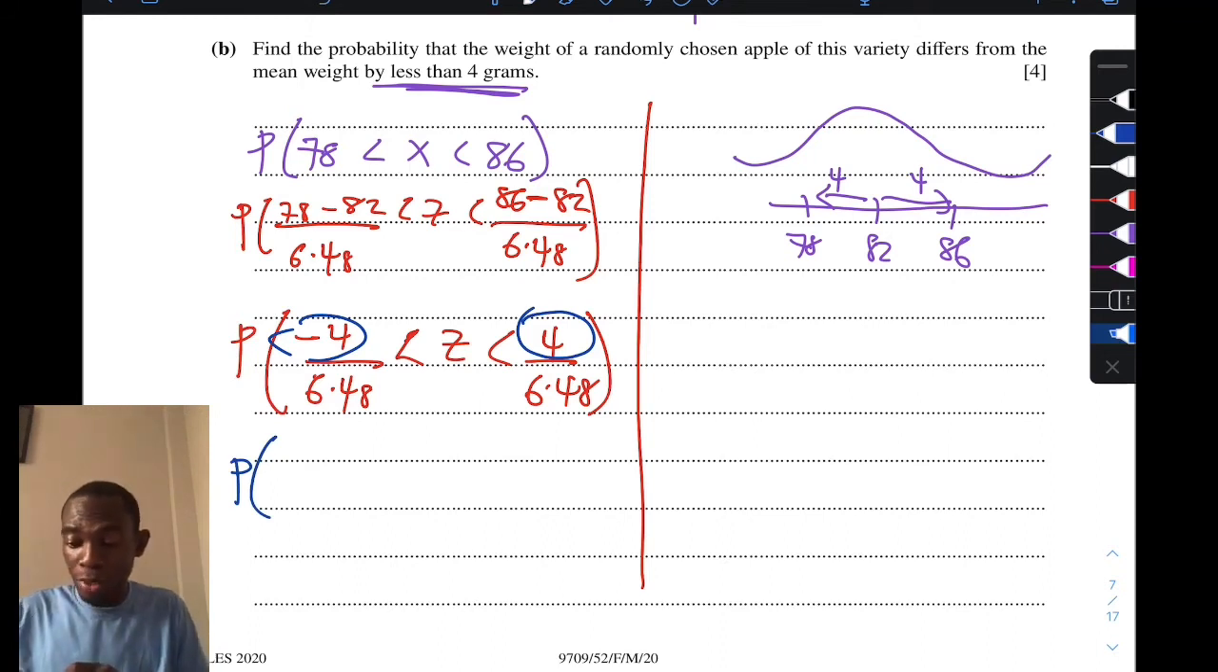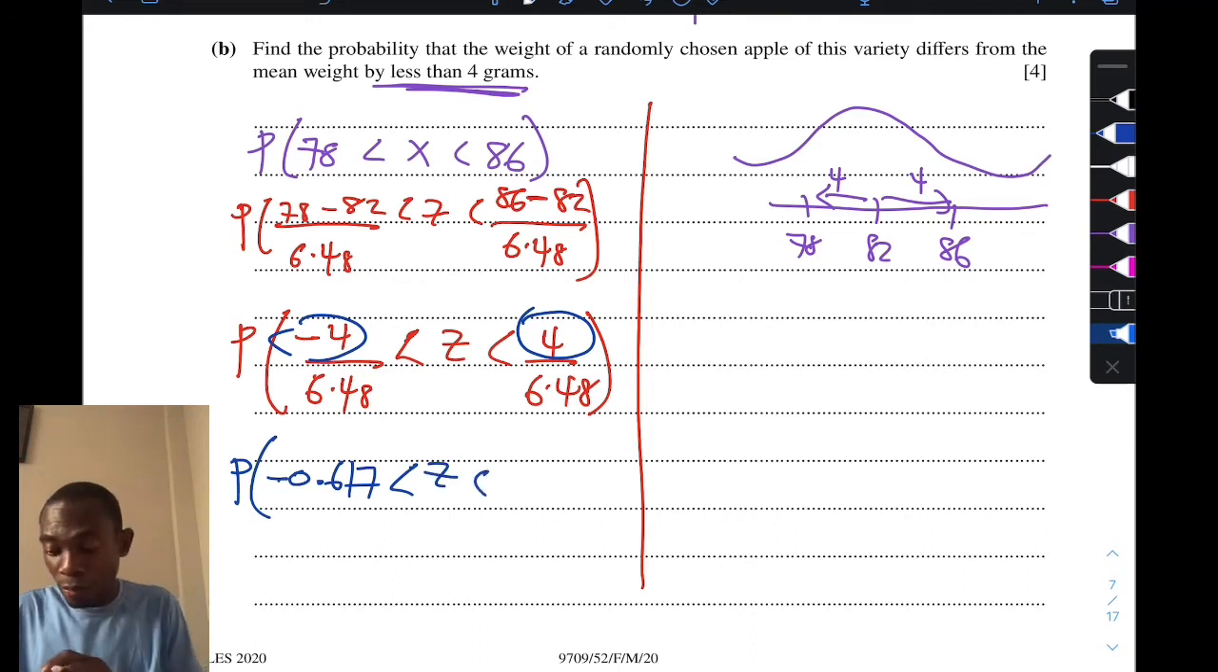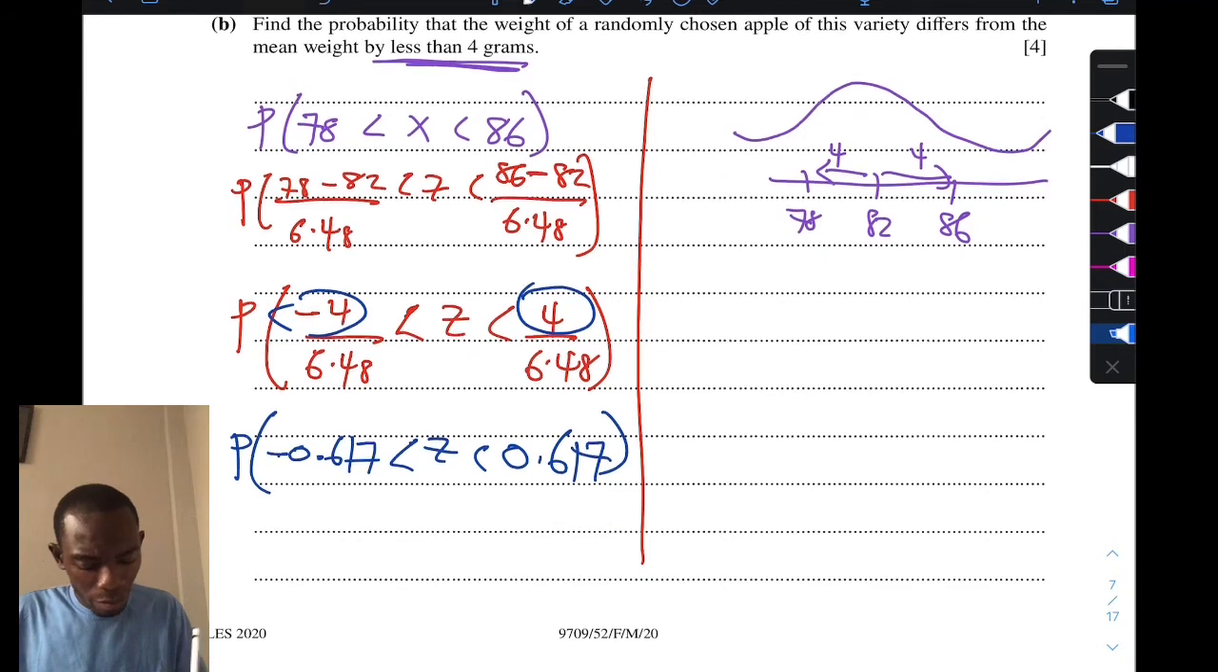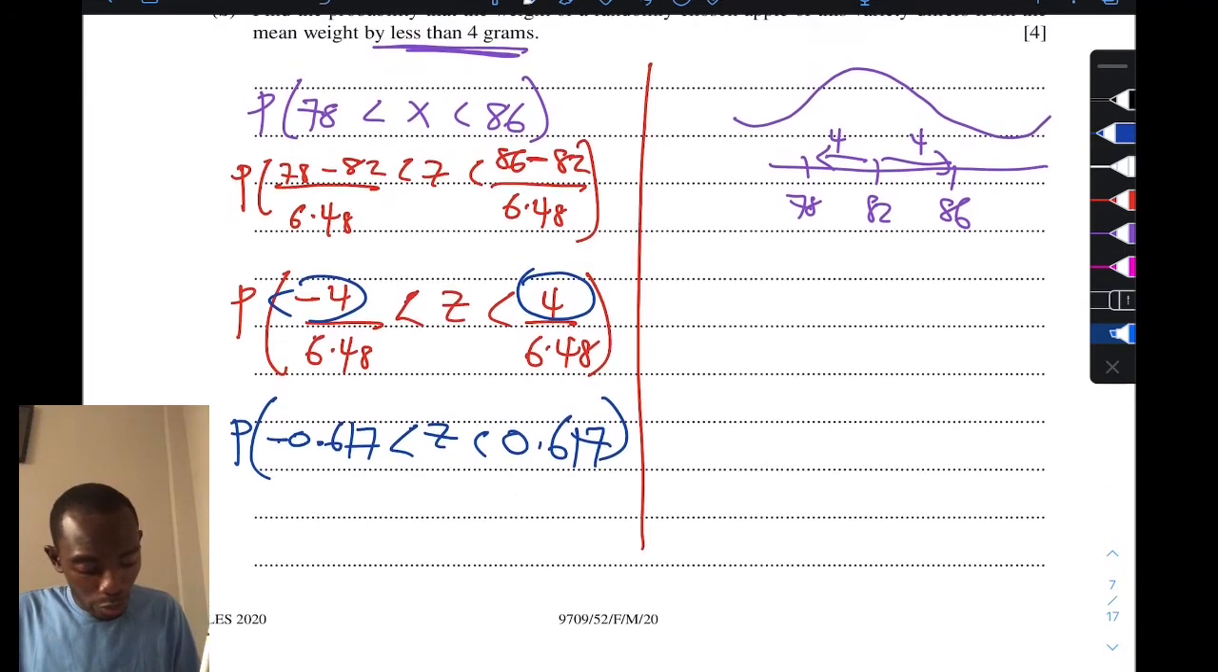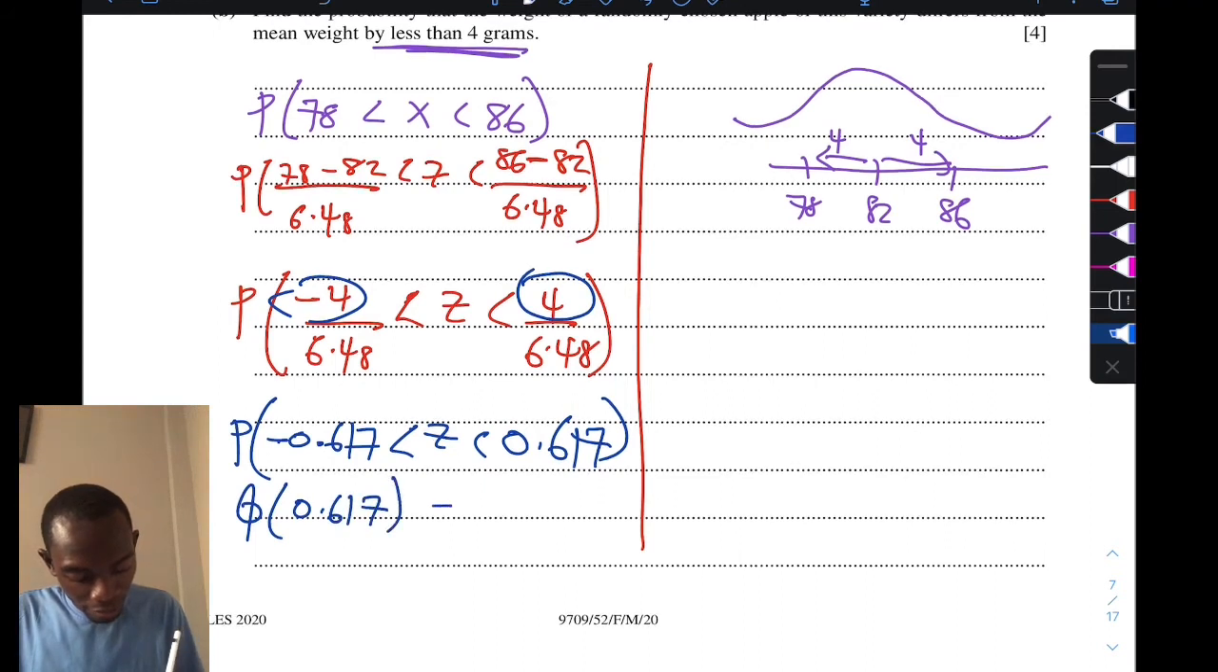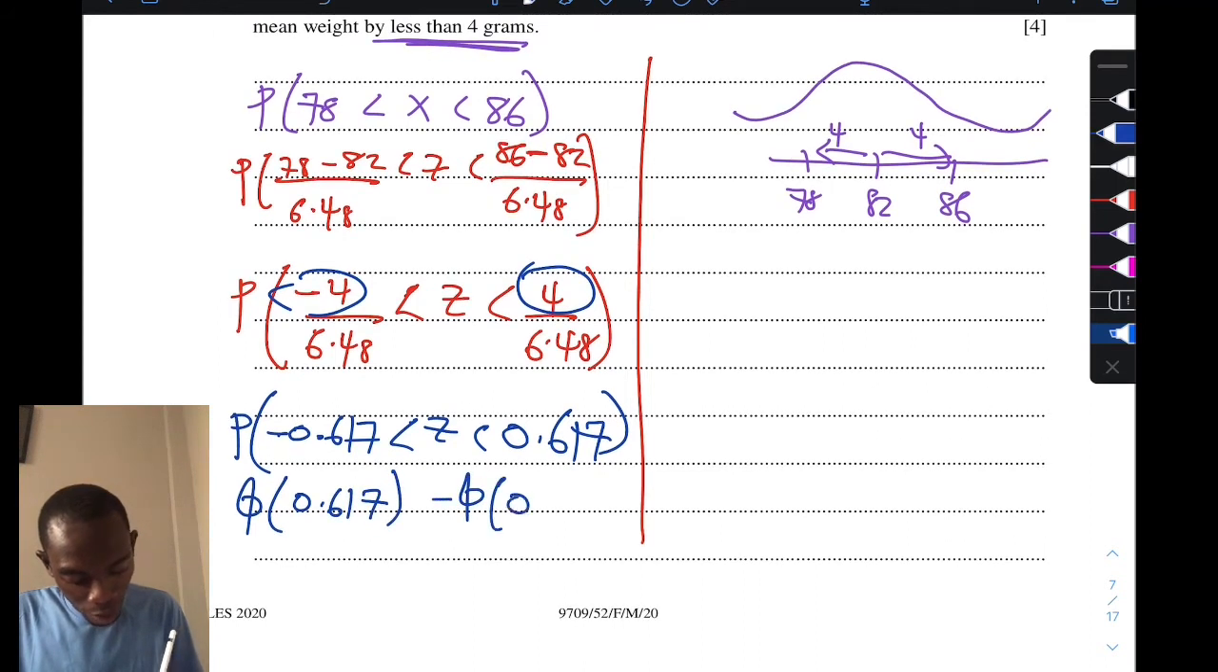So now we can put everything on a calculator. Negative 4 over 6.48, and that will give us negative 0.617. Is less than z is less than, then we have positive 4 over 6.48, and that would also give us 0.617. All right, so like I've been telling you, it is phi of the positive 1, minus phi of the negative 1,